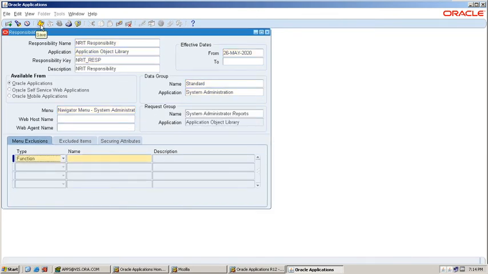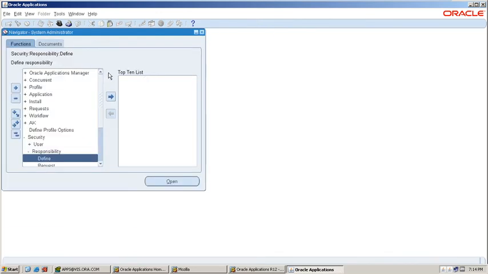Now save the work. See, now we have completed this.